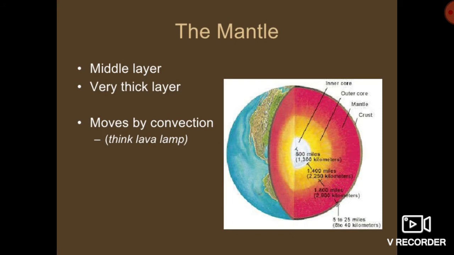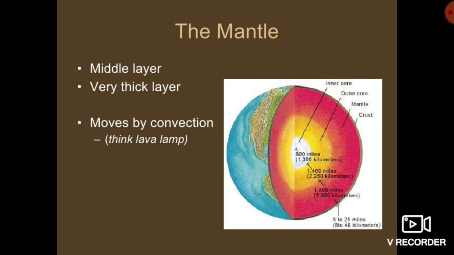As I have earlier told you about the lithosphere, lithosphere consists of both crust and the uppermost part of the mantle. Lithosphere is the solid part of the earth which comprises of crust as well as the uppermost part of the mantle. The thickness of lithosphere varies from 10 to 200 km. The thickness of lithosphere over the oceanic crust is 10 km, whereas the thickness of lithosphere over the continent is 200 km.